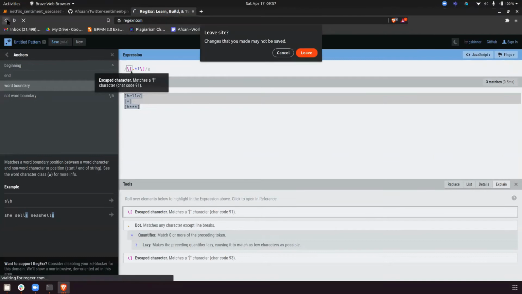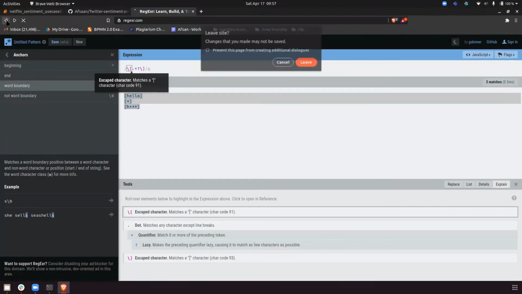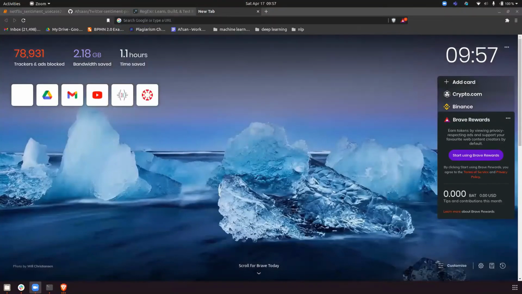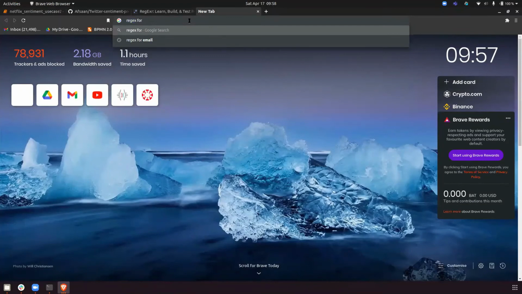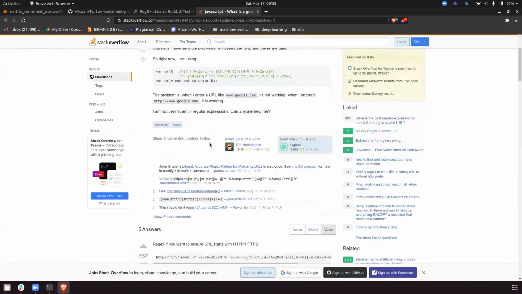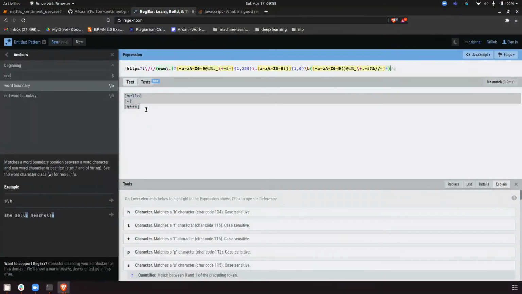And one more tip. Don't try to memorize everything. Google is there for you. What I mean to say is, suppose you want to remove Gmail, or links. Instead of memorizing everything, you can just type on the net regex for links, and when you click on this, you will get a number of regexes for that. You can copy this and test it also here.